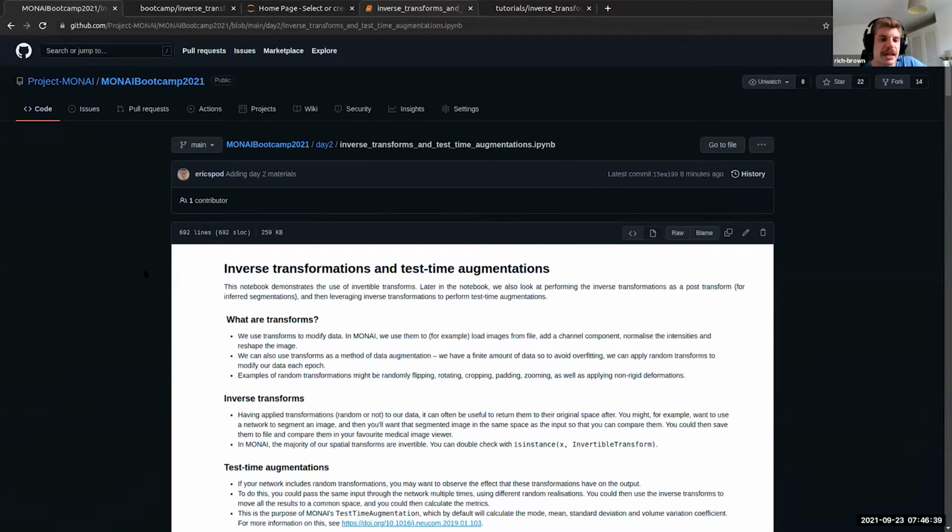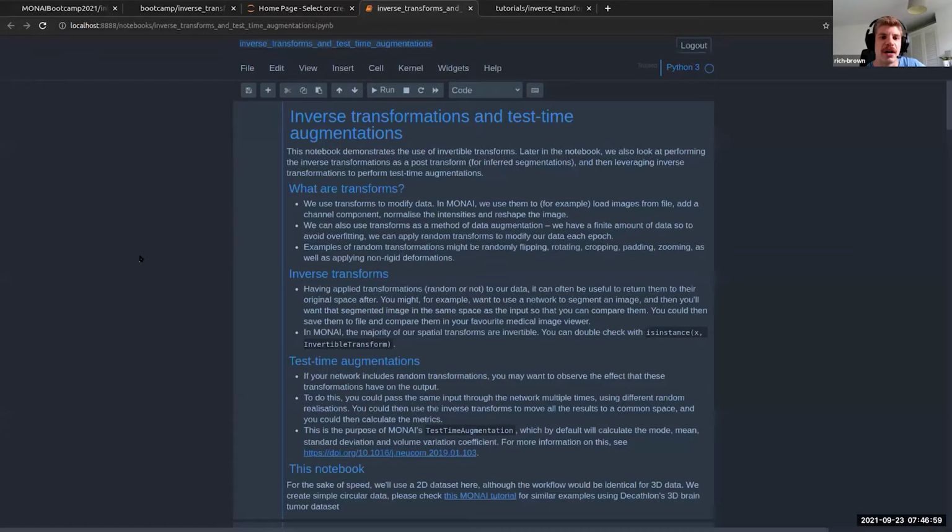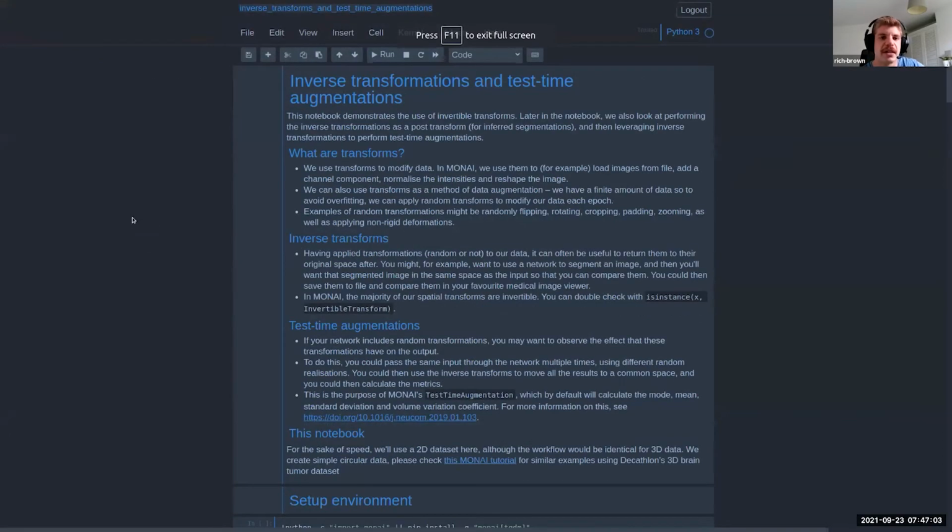It's mostly a click-and-play thing. There are no real questions or moments where you have to fill things in. And that's because, for the most part, the inverse transforms should just work. They should just do what you hope they would do. So there shouldn't be too much need for creativity, I would hope. But we're going to run through it, and feel free to ask any questions if there's anything that needs